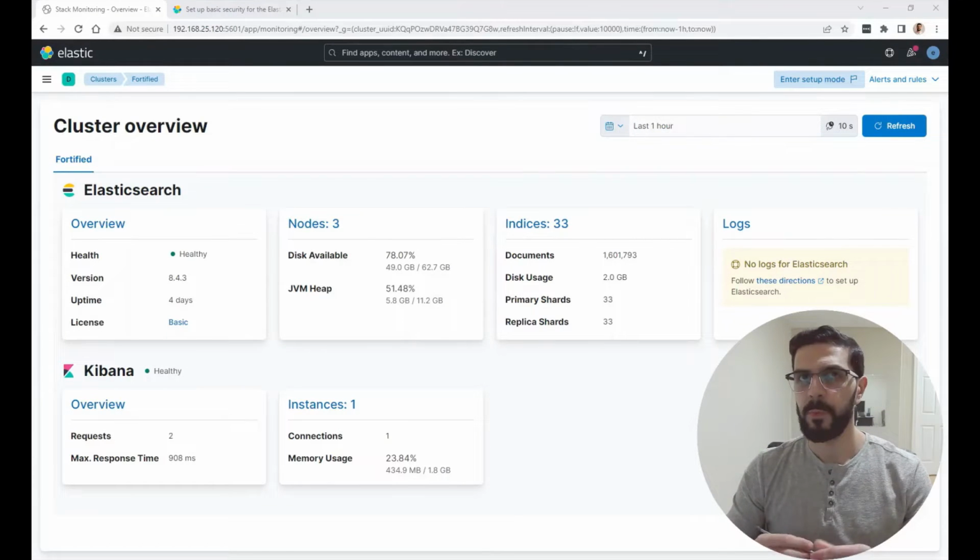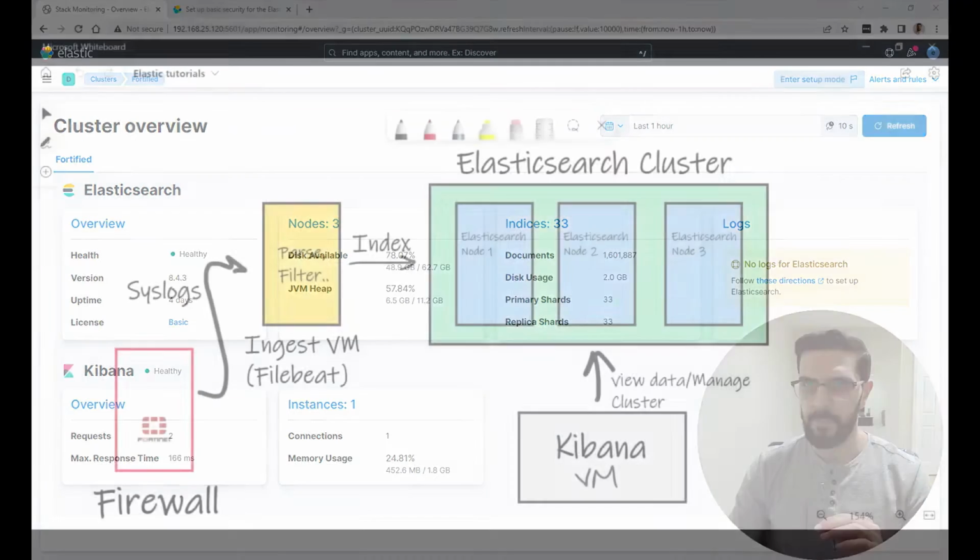In this video I'm going to be configuring security for the Elasticsearch cluster. As you know, you have to secure communications between the nodes of an Elasticsearch cluster and any data communication to and from the cluster. I'm going to show you here on my whiteboard the setup that I have here at